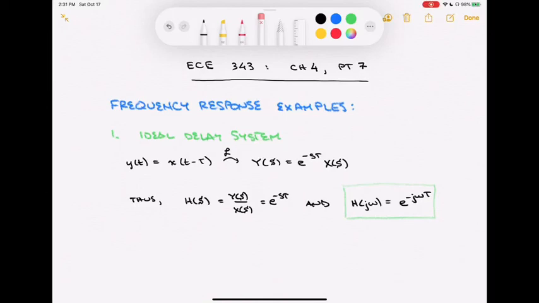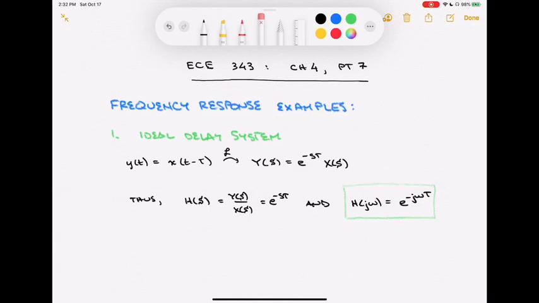This is ECE 343, Signals and Systems. This will be the seventh part of Chapter 4. Last time we introduced the idea of frequency response. In this lecture, we're going to do some simple examples of frequency response, and then we'll turn our